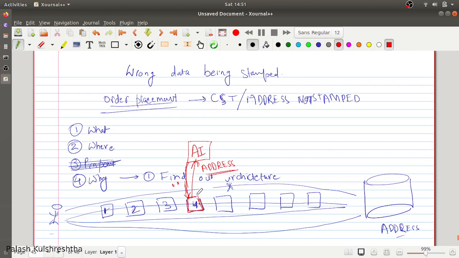Now, since the code in service 4 was written in such a way that it is going to take the address from the AI service and it is not going to perform any cross checking on that address, if an empty string is returned by the fraud risk service, which checks the address for risk compatibility, and we are passing the address returned as is, then in this case, the empty string was getting propagated.